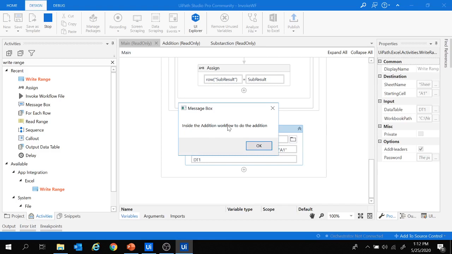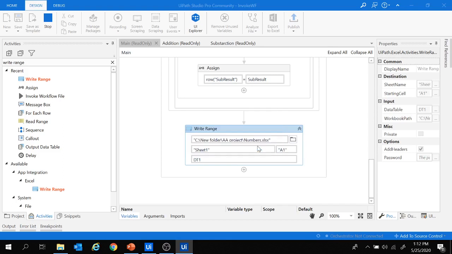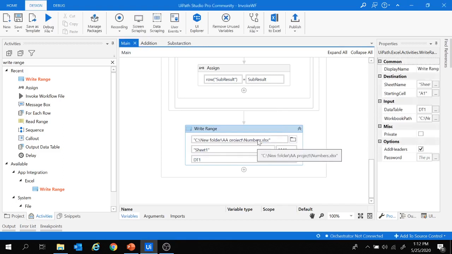Then we receive the message from the third row. Let's press OK, and same for the third row for subtraction as well. Let's press OK again. And similarly, we receive the message for the final row, that is the fourth row. Let's press OK. And this one for the subtraction. Let's press OK again. So our project is over.